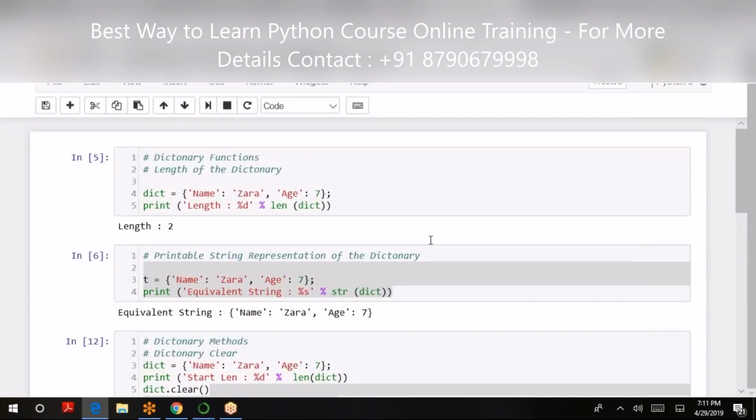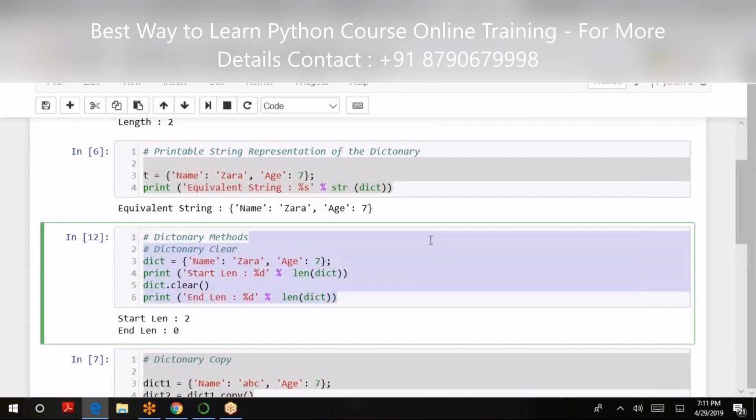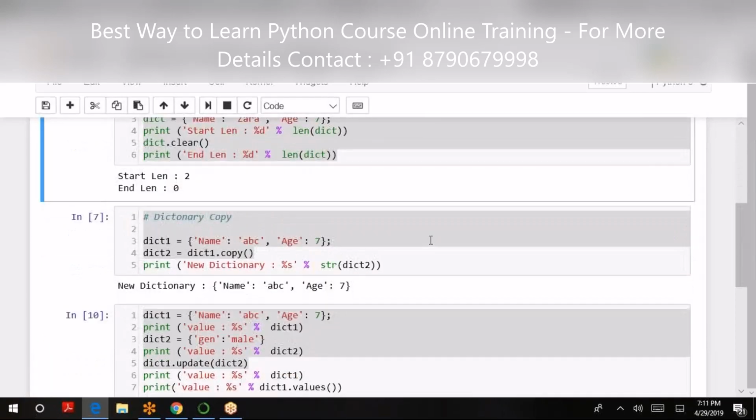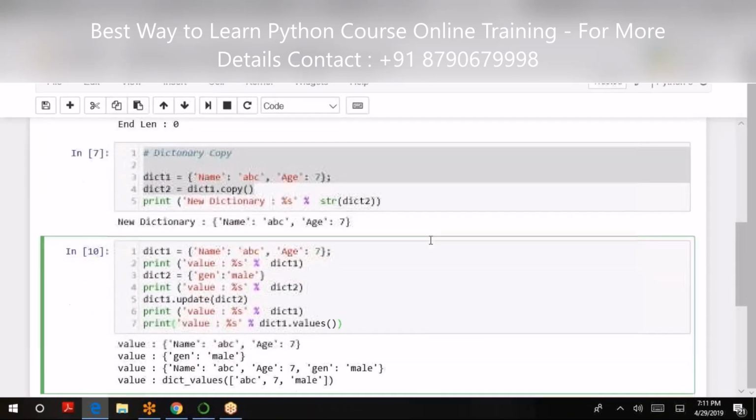So I guess dictionary is pretty clear at this stage: how we clear the values from the dictionary, how we copy one dictionary to another, how we update, that is append one dictionary to another, and subsequently how we extract only the values from the dictionary.